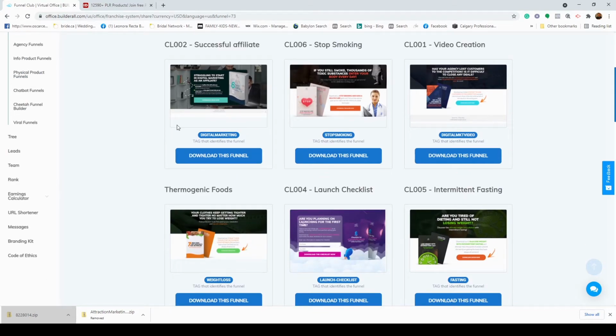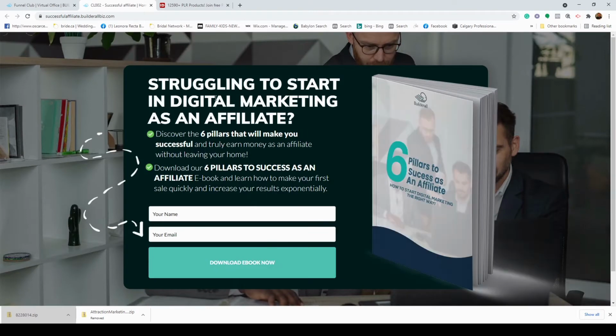The first thing you need to do, of course, is to download the funnel. And in this case, I wanted to have this ebook that I want to use for my target audience, affiliate marketers. Since RPM is one way to sell the sales funnel to affiliate marketers so they can sell the RPM sales funnels product to their clients, that is the reason why I chose this